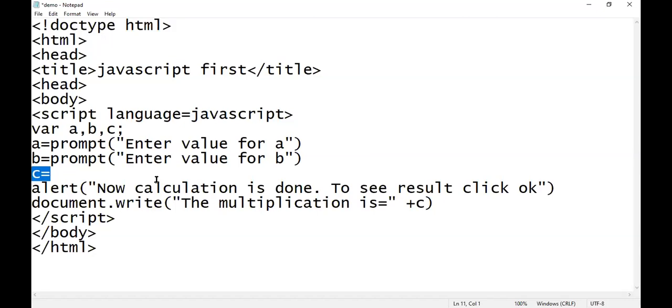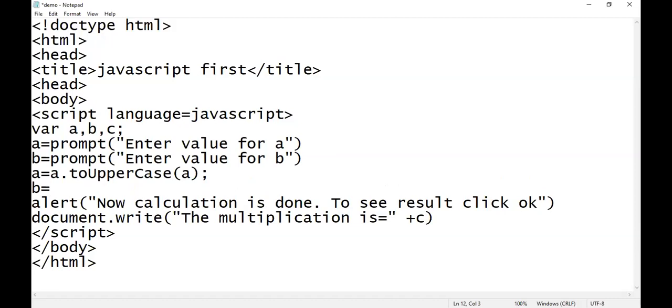Whatever value we enter will be stored as a string in A. Now A is equal to A.toUpperCase(), and I'm doing this with semicolon, and here I am doing B is equal to B.toLowerCase().